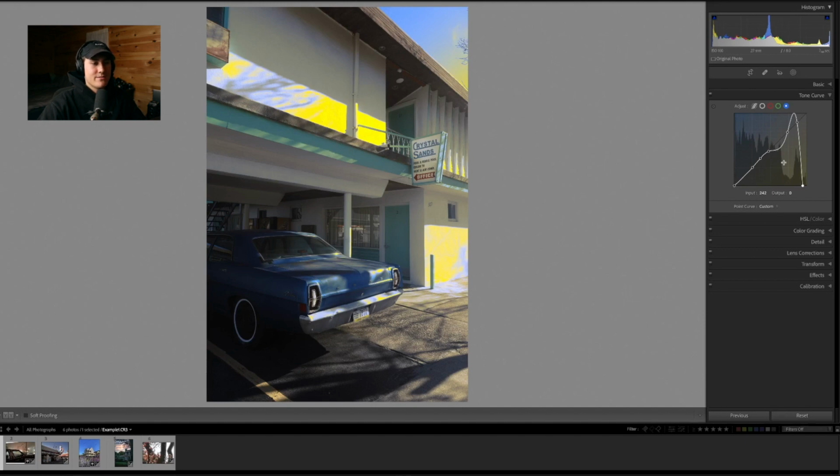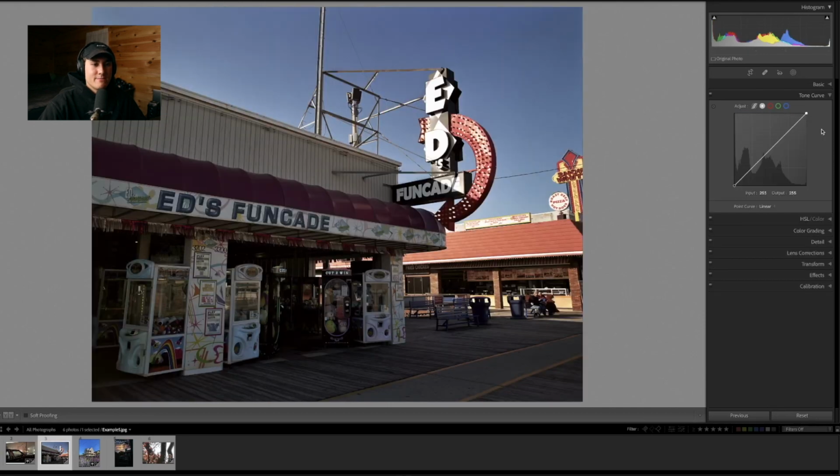So the tone curve is definitely something you have to master, and because it impacts the image with no regard to the other settings, it is something that I recommend always doing last. So always play with the tone curve last after you've done your other edits, because this is where you really finalize your image. So the last thing that I will show you is that if we pull this down,